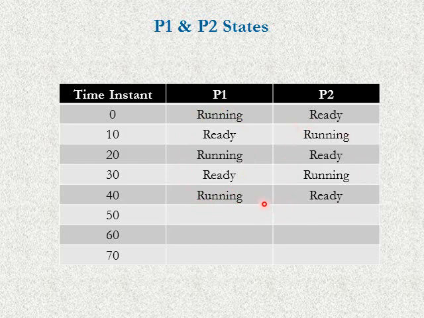So we are exactly at the stage when this interrupt is about to happen. Now from 50 to 60 we have P1 in ready and P2 in running state. Now both of them have elapsed 30 seconds. P1 has now elapsed all of its 40 seconds, while P2 is here with its 30 seconds. So before this interrupt even occurs, we may have P1 completing its execution,